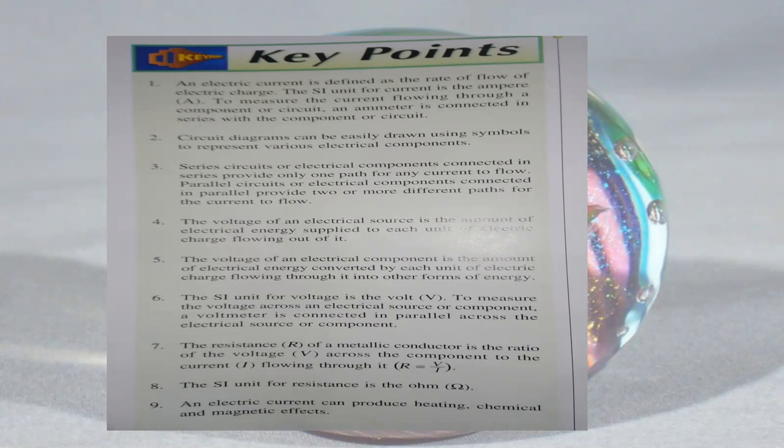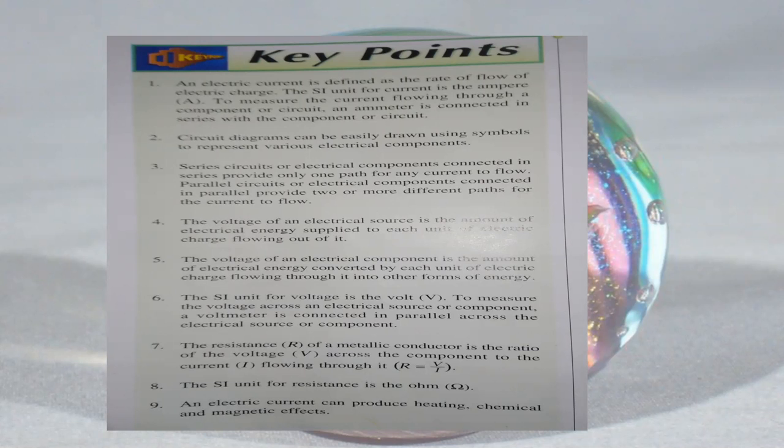Other units are the millivolt and the kilovolt. The meter used is called a voltmeter. It is always connected in parallel. In a parallel circuit, we can insert a voltmeter. Next is resistance. Resistance of a metallic conductor is the ratio of the voltage across the component to the